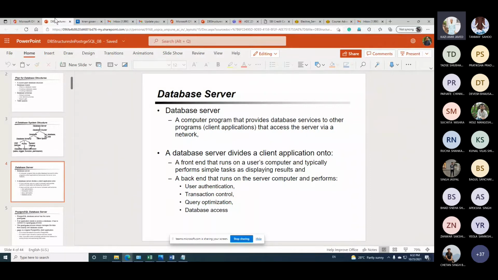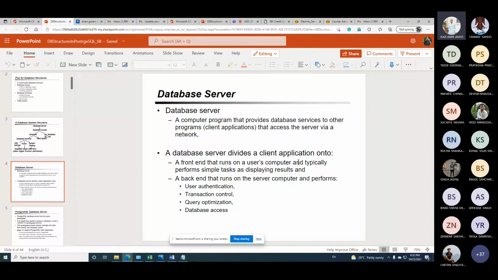Now whenever this setup is completely done at installation time, the Postgres service is divided into different services, and those services take care of different aspects. There would be a front end which is running on the user's computer.